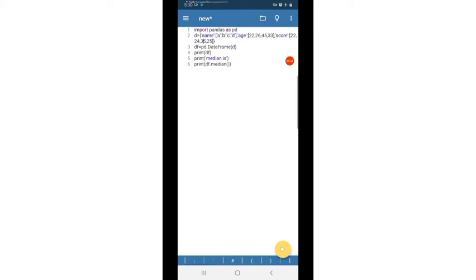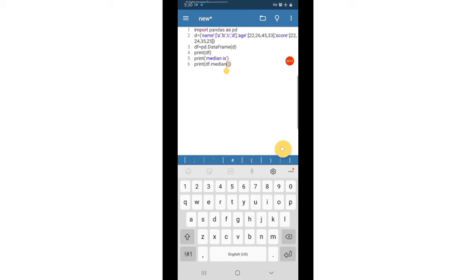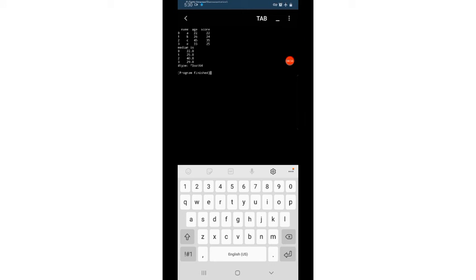Now let us see if we specify the median for axis equal to 1. Axis equal to 1 means the median along the rows will be displayed.